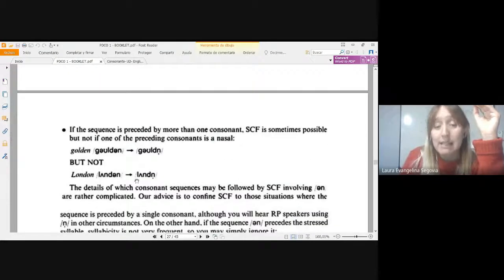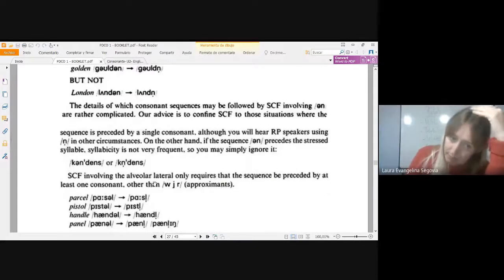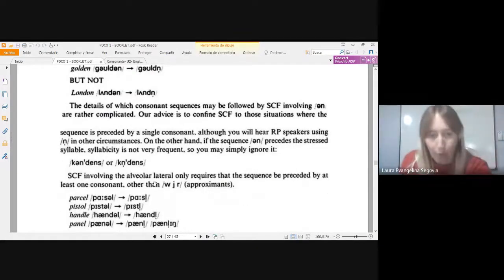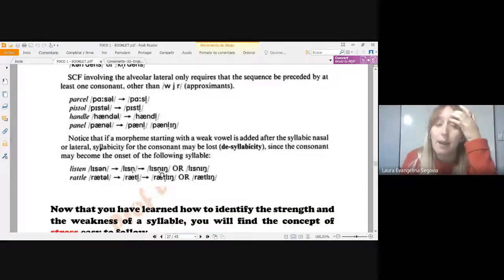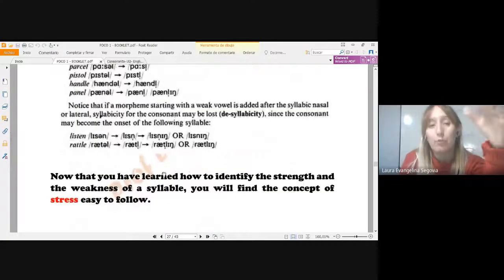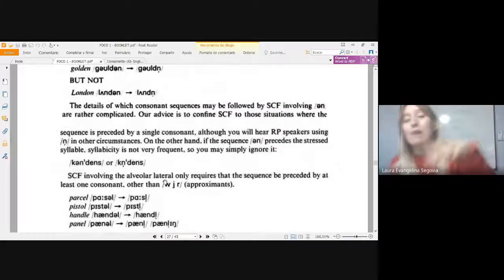You see here, London, London, London. Here you have a weak syllable because you're adding a schwa if you say London. But if you say London, it's also a weak syllable because you have a syllabic consonant at the end. Yes, I will explain that later on. Don't worry, okay? And you have different possibilities. So the idea is that you read this also in order to have a clearer